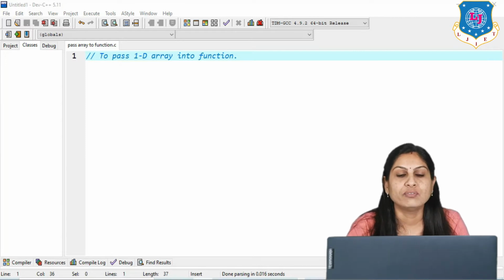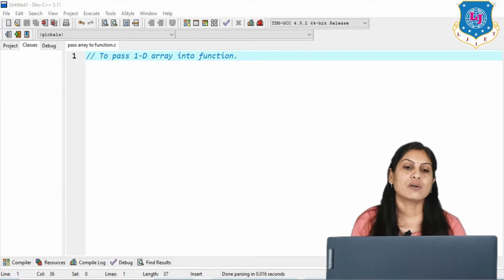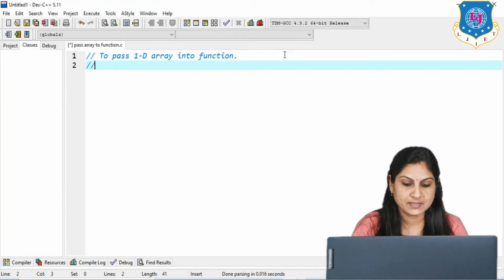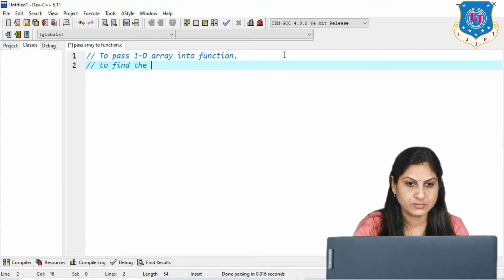So that category we are including for today's session. The title is to pass a one dimensional array into the function, and the title of our program is to find the sum of array elements.